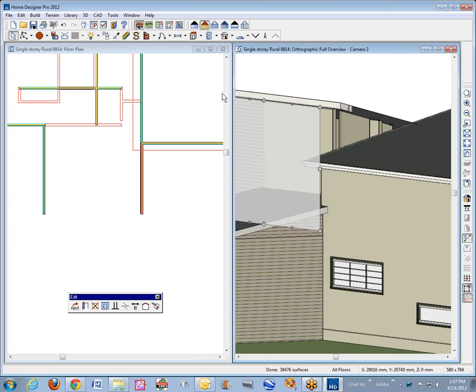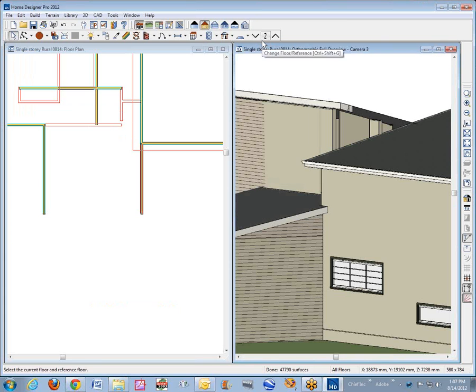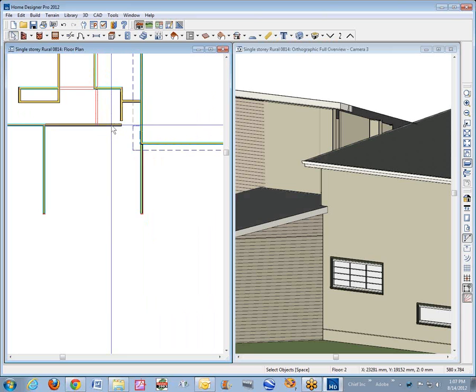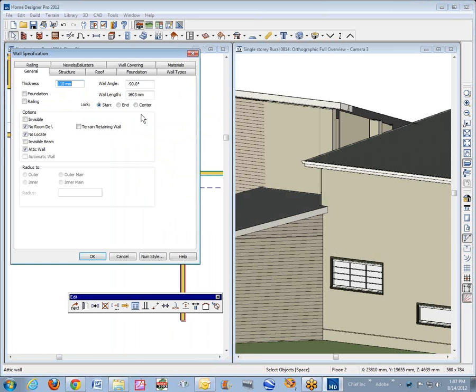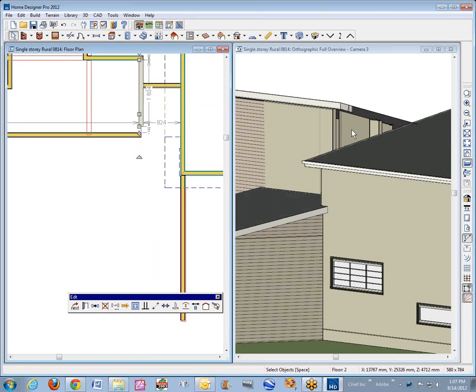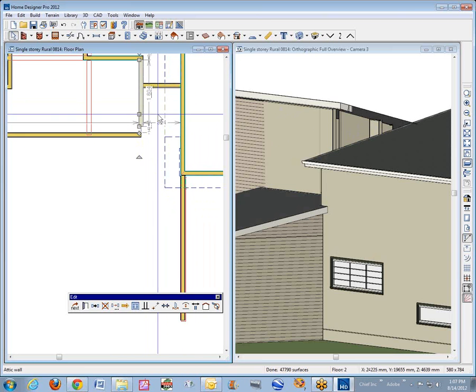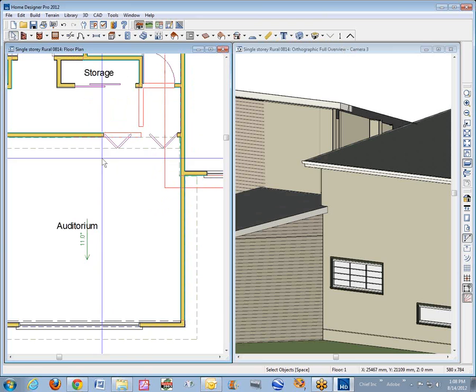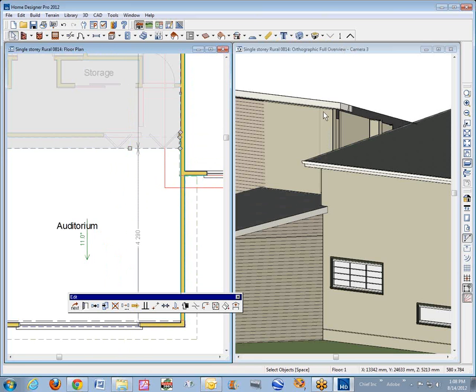You can see it's in red there because we're on the attic level. Let's see, I need to click on this screen and go down one floor. So that's that wall I just made there. And I think this is an attic wall here. Yeah, see those three check boxes? And that's probably this wall here. I can't see this relative to the roof. So I'm going to move the roofs. I'm going to go down one floor and move this roof plane, this one here,